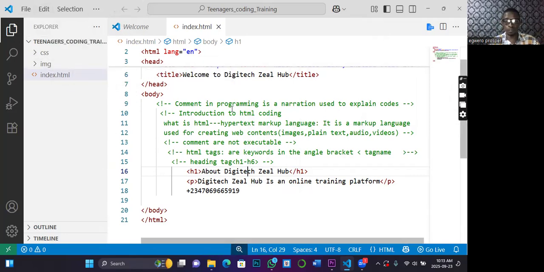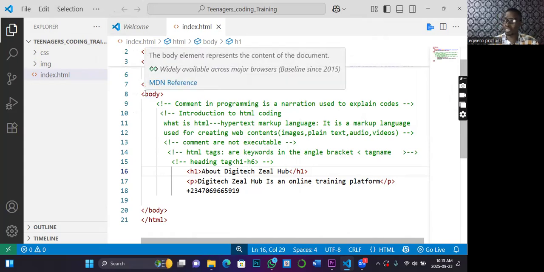I told us that for you to code with JavaScript, you do not need to install an extension. How many of us know that there are some programming languages that you want to code with? If you are using this IDE, the Visual Studio Code, you will need to install what? An extension. If you are coding with Python, it will not work automatically. You have to install Python 3 in your system before you can even install the extension. So the extension of JavaScript is already built in what? In Visual Studio Code, just like